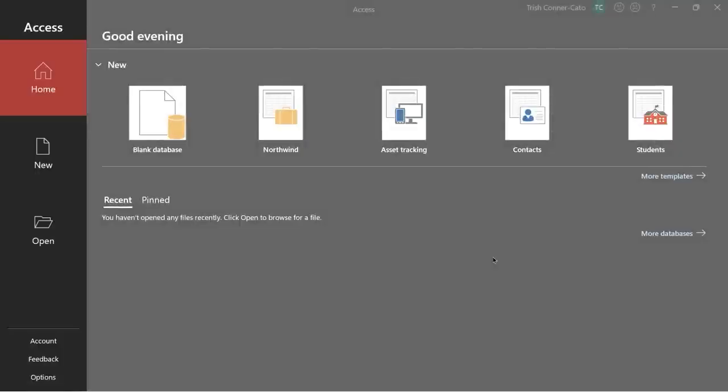A lot of times when you're interested in starting a new database, you can look at the wide variety of templates that are built into Access. And so we're going to use a template to gain access to this Northwind database. On my system, because I've accessed it before, I see it right up here. So when you go into Access, you're on the Home tab, and it's showing up right up here under New for me. If it's not showing there for you, you can click on the More Templates link,